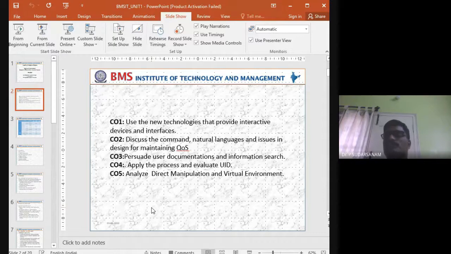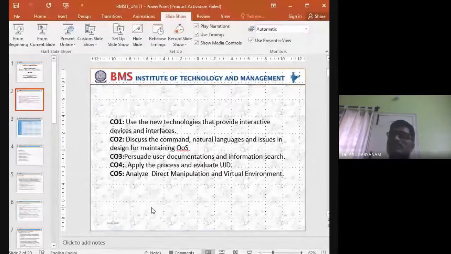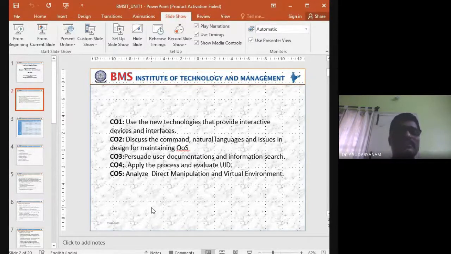Suppose you go to bigger shops, what will happen? For example, if you go to Big Bazaar, sometimes it is not required for us, but by seeing it, it will tempt us and we will take it, isn't it? Correct? So that is the first meaning of that one, that is what is written in user documentation and information search. If you go online also, it is the same thing. Suppose I want to buy one mobile, so we'll see the mobile.